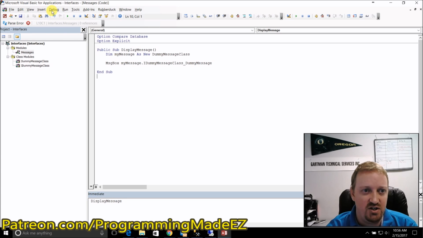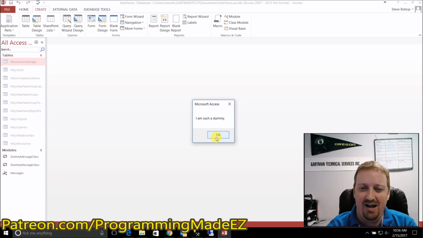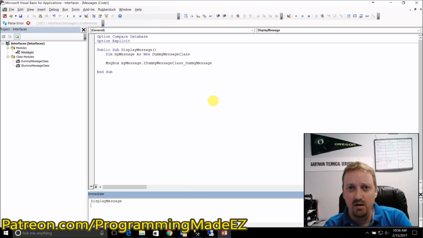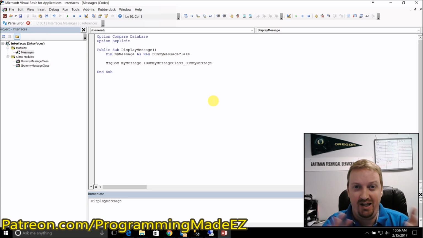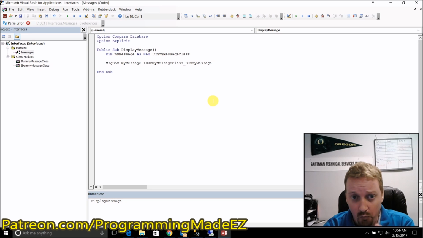Now with all of those changes, let's try debugging and compiling one more time. Everything is good. If I hit display message, again, I am such a dummy. So it doesn't really look like I've done anything different, right? I haven't really made any significant changes to my code. It seems like I've just done a lot more work in order to make this happen, right? It seems like there's really nothing special that I've done. Well,